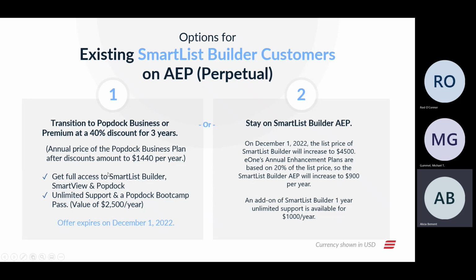You get access to Smart List Builder like you've always had. You also get access to Smart View and Popdock, as well as that unlimited support and the Bootcamp Pass that I mentioned earlier. This also means that if you subscribe to this, you do not pay your annual enhancement perpetual license any longer. So once you move to a subscription, you get all 3 products and the unlimited support, and then you stop paying your annual enhancement. This offer is good through December 1st,